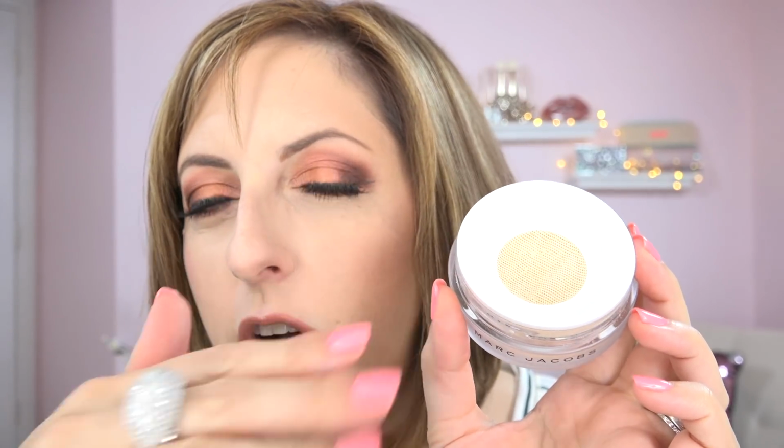So I love this finish. I love the finish on this, and I love the delivery system they have. They have a little dish sort of built in there, and then they have this little trampoline of mesh. Most of these mesh trampoline powders, the mesh is very taut. It's very tight, and you're dabbing it with your brush and you're getting too much powder on your brush. This one doesn't do that. It's sort of looser, and you're able to touch your brush to it without picking up just a ton of